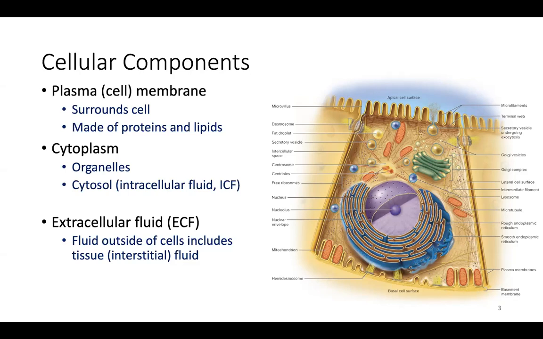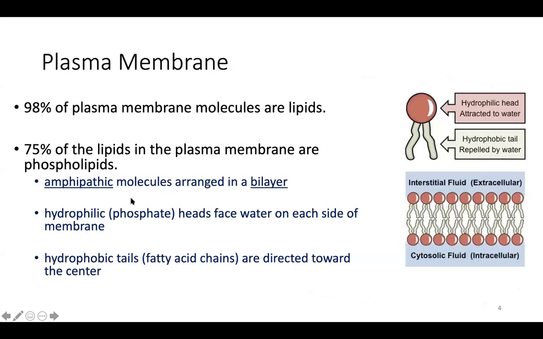All right, just a couple more slides here talking about the details of the plasma membrane. Hopefully this is a review for a lot of people. Most of the plasma membrane is made of lipids, specifically phospholipids, right? So 98% of the molecules in the plasma membrane are lipids. The other 2% are proteins. The proteins are really important, but they don't make up a lot of the molecules. They're big and they're heavy, but if you look at a cell membrane, most of it's phospholipid. So I'll talk about the proteins separately.